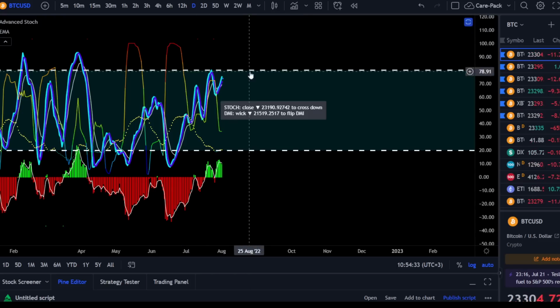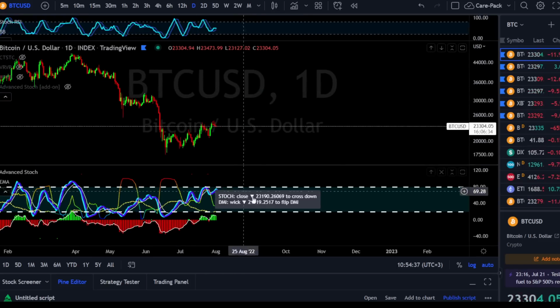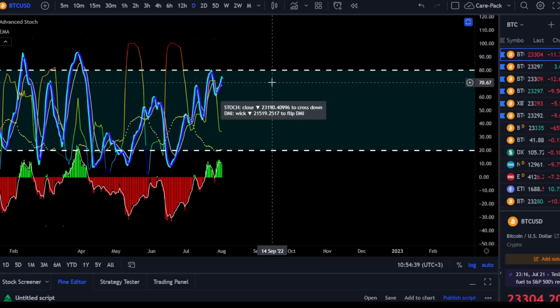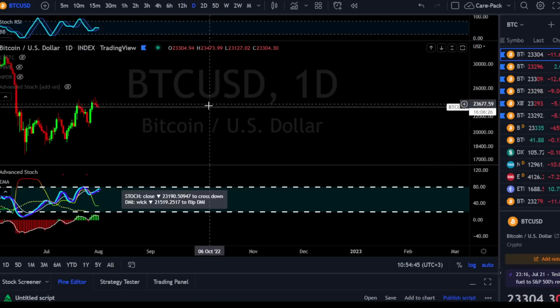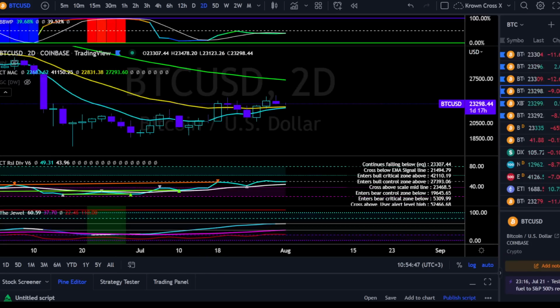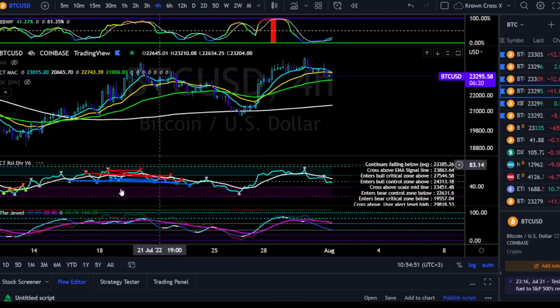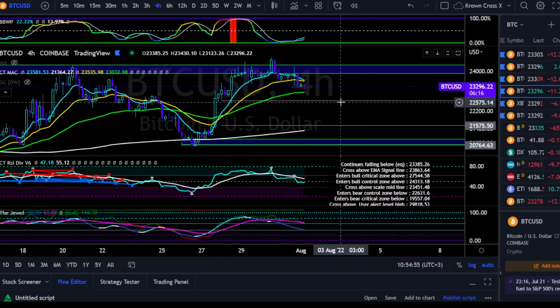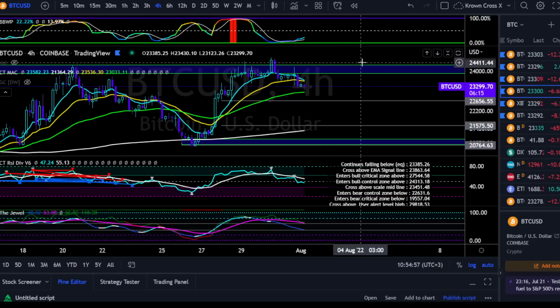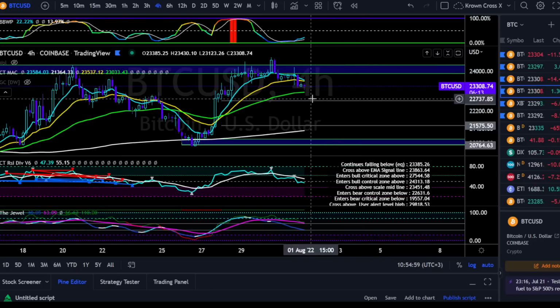On top of that, if we go over here to the daily stochastic, the momentum pivot is 23,200 for today. So if it does close below there today at 7 p.m. Eastern time, then yes, that'd be another good indication that we very likely do explore some short-term downside before anything else. So that brings up the question, what sort of short-term downside targets would we be looking at? Well, 22,600 would be relevant to the downside.